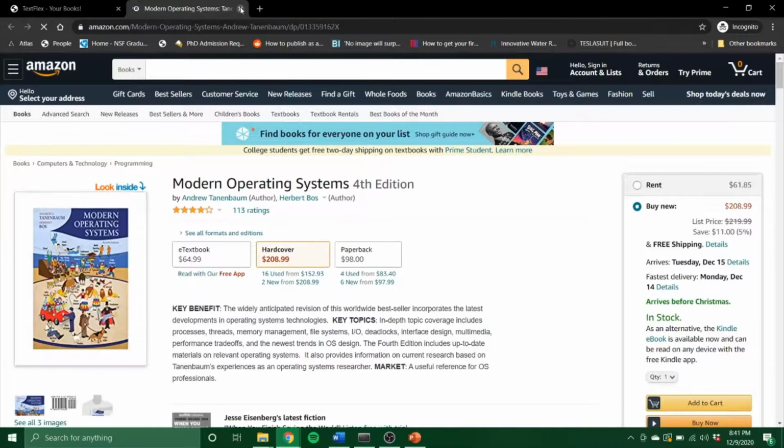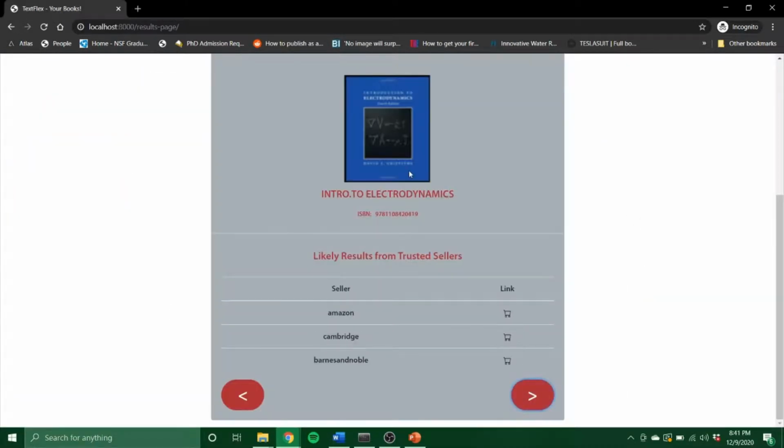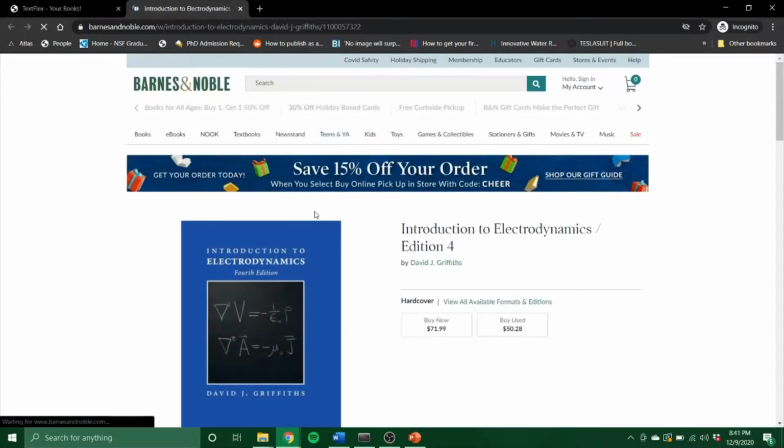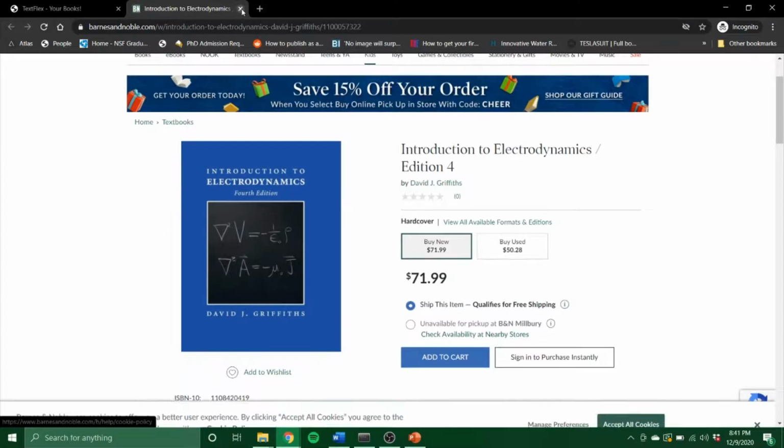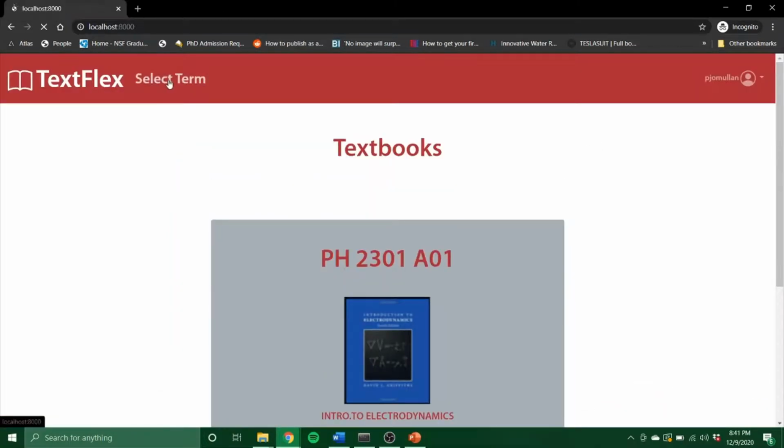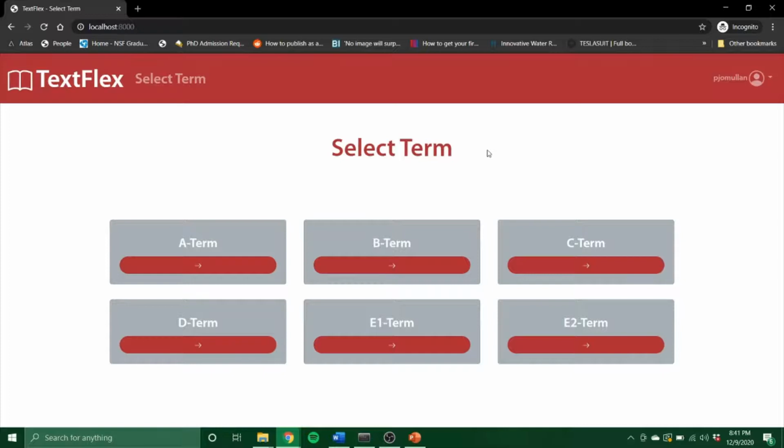We can click here to see Amazon. It brings up the Amazon page. We can scroll forward. My electrodynamics book that you saw on the slides. I can click Barnes and Noble this time, and there that is, right there. And we can go back to the select term, and now we can sort of get into some of the